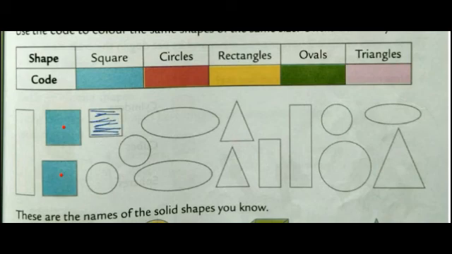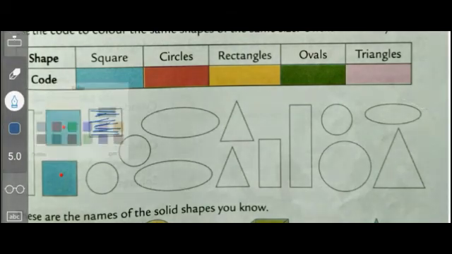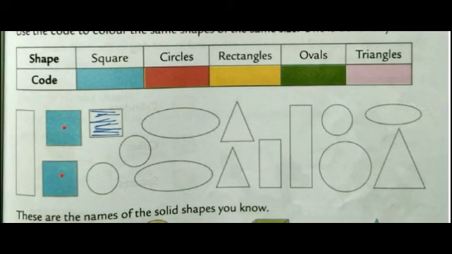Okay, this way. Then the circles with red color, all the circles that are given here, you have to color them with red, and make sure that along with circles some oval shapes are also given here, so don't be confused with that. So we have to only color the circles this way. Here again one more circle is here and one circle is here. That means total 3 circles we can see here. So this is the way how you have to use the color code, and you have to color the same shape and same size.